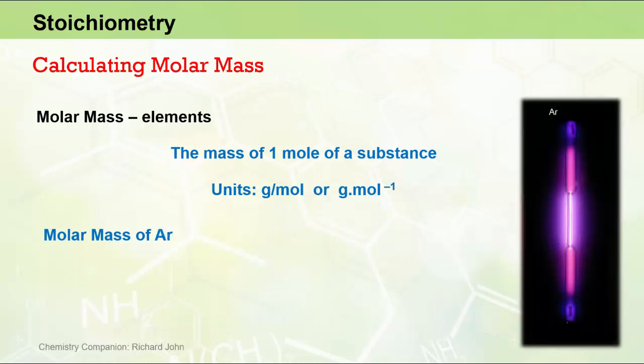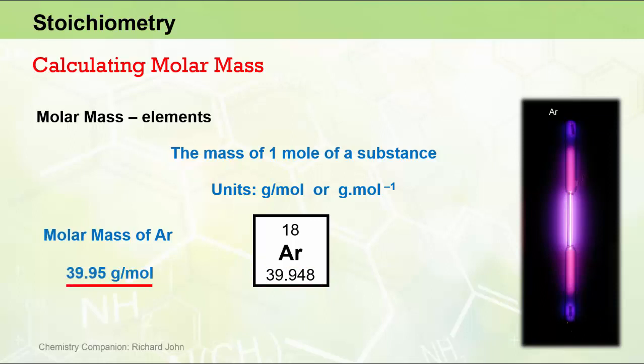grams. Similarly, for another element, argon, we can look up argon on the periodic table and see that its atomic mass is 39.948 atomic mass units. So we can write its molar mass down directly from this number as 39.95 grams per mole when we round to 4 significant figures. And again, it's worth noting that the mass of 1 mole of argon is therefore 39.95